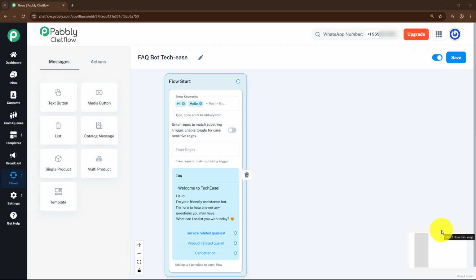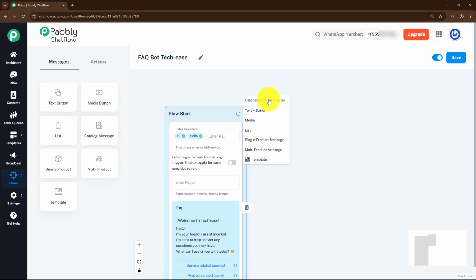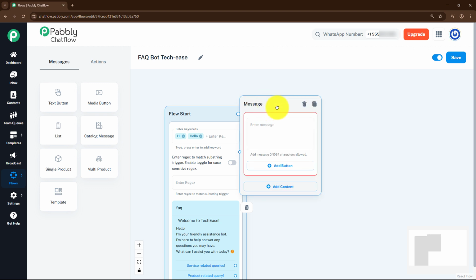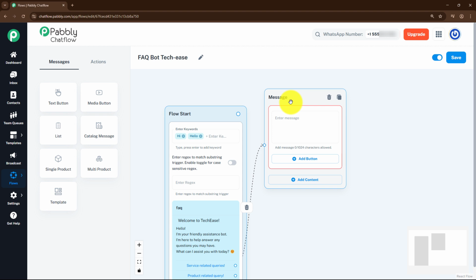Now as you can see, in this template I have created 3 quick reply options for the user to choose from. First is service related queries, second is product related query, and third is cancellation. So next we will create responses for each of these quick replies. Let's start with the service related queries. I'm going to attach a message box or a text button to it. Inside this message box, I will type whatever message I want the user to receive after clicking on this quick reply. So here I'm writing,